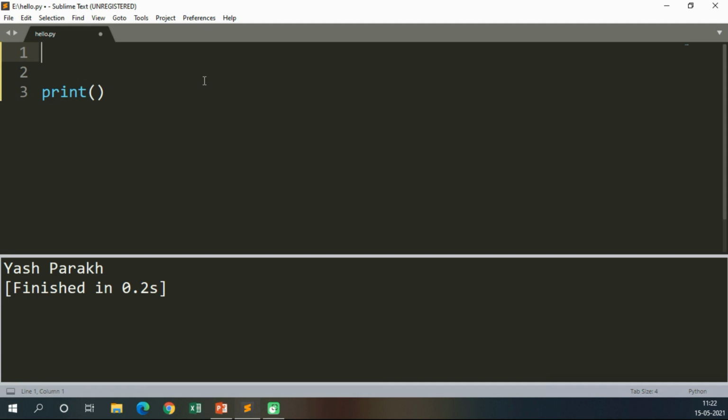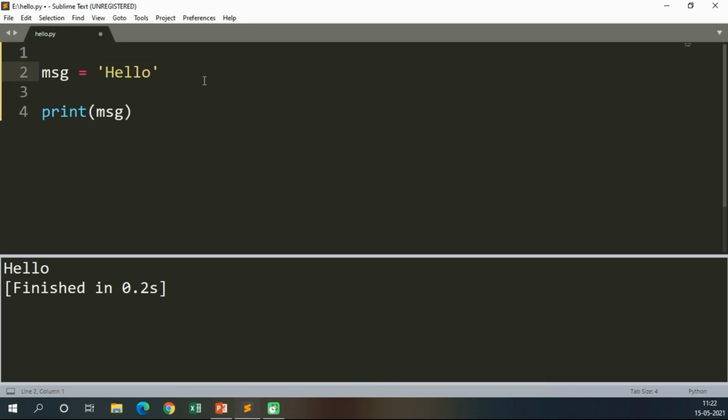Now instead of passing a string directly to the print function, we will store this message into a variable. Just create a variable message. The name of the variable is msg equals single quotes hello, and to print this message just pass the variable into the print function like this. Now press Ctrl B. The hello gets printed.